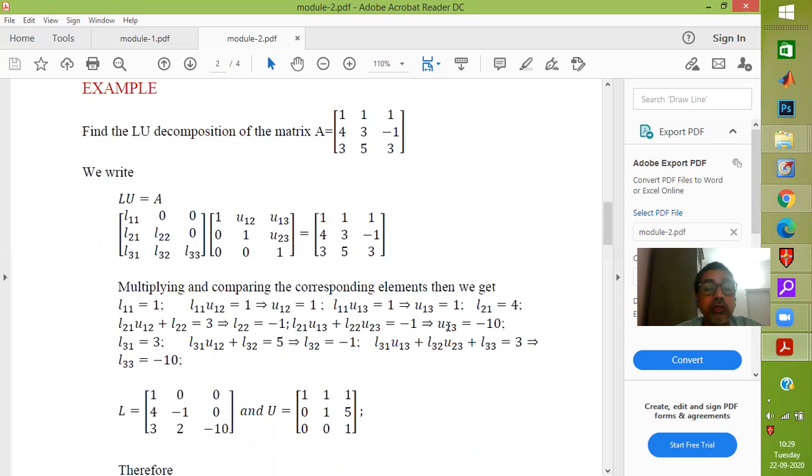In fact, you can also think of having 1, 1, 1s on the L matrix, and then you can have general elements in the matrix U. But let us talk about this particular way of doing the problem. Now what you have to do is observe that there are 6 unknown elements in L and 3 unknown elements in U. That makes it totally 9.